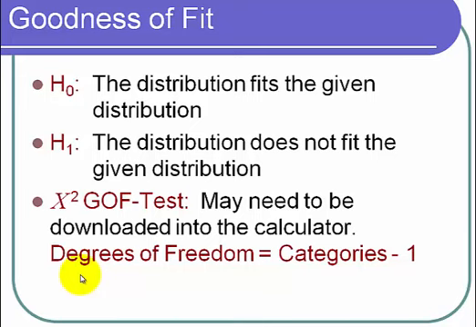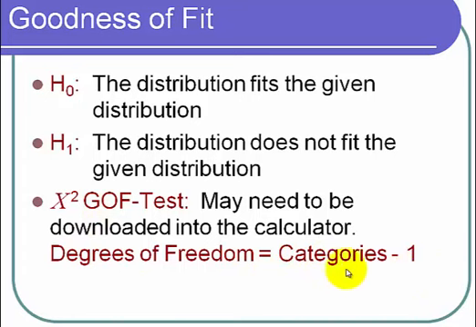If you're using the newer calculator that does have the goodness of fit test, then it's going to ask you what are the degrees of freedom. So we've seen that before when we had a t-test. If you remember, for a t-test, the degrees of freedom was the sample size minus 1. On the other hand, the degrees of freedom for the goodness of fit test is going to be the number